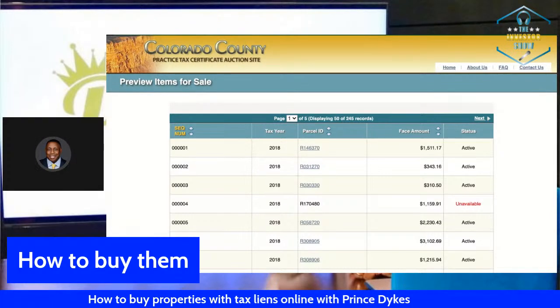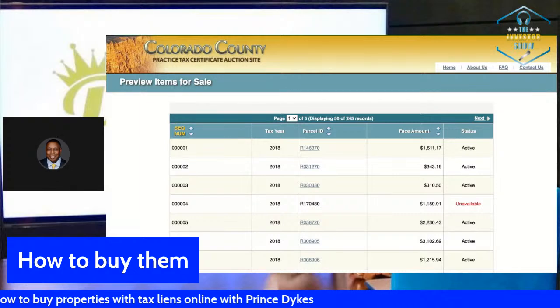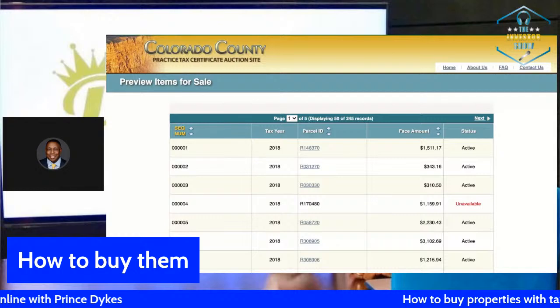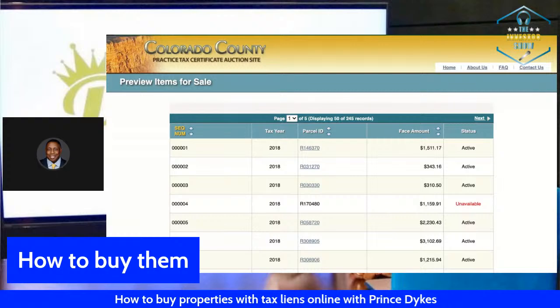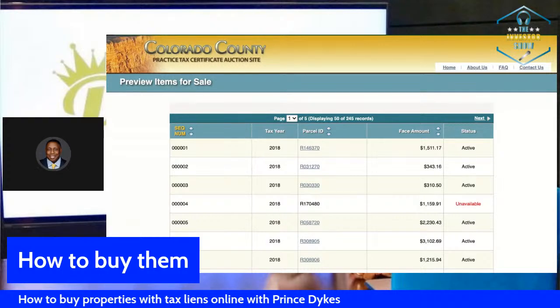And then every year you've got to pay the property tax. Let's say you go on for years, you have to pay the property tax every year. And as you're paying the property tax every year, you are earning 9% a year, 9% a year, 9% a year. Right? So that's how that works. And buying at a premium means you're buying it over the face value.